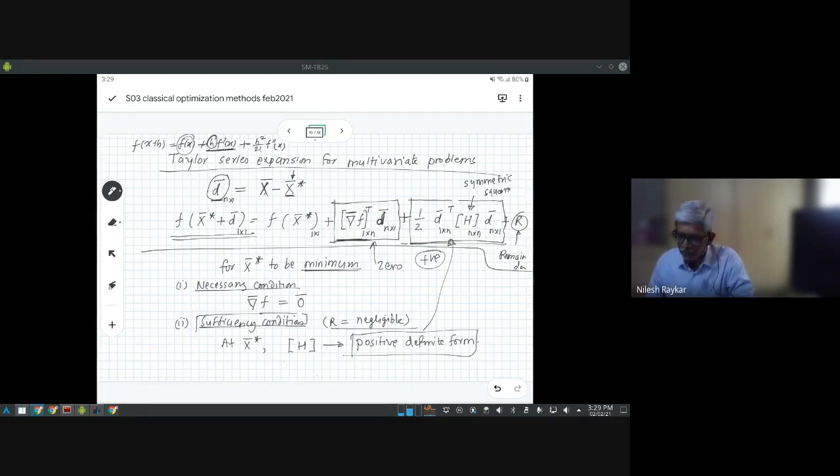So we have evolved from a one-dimensional optimization problem to a multi-dimensional optimization problem. In a multi-dimensional optimization problem, you have to satisfy two conditions. One is the gradient must be equal to 0, and second is the Hessian matrix must be positive definite. At this time we are equipped with methods by which we can calculate the gradient, and we can also calculate the form of the Hessian matrix. So let's illustrate this with a problem, unless somebody has some quick question.